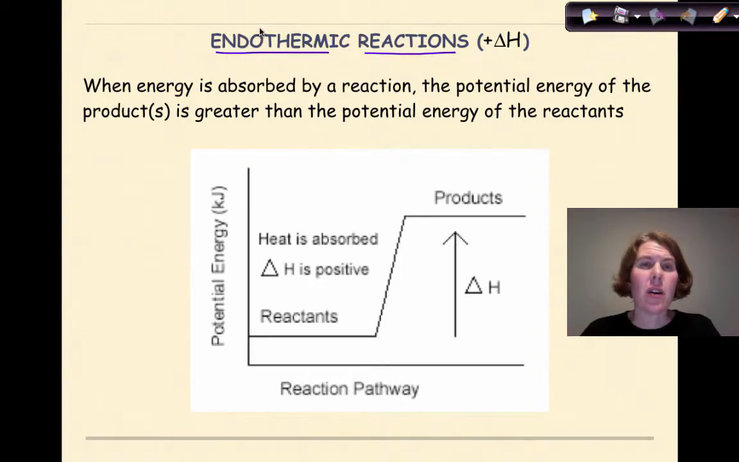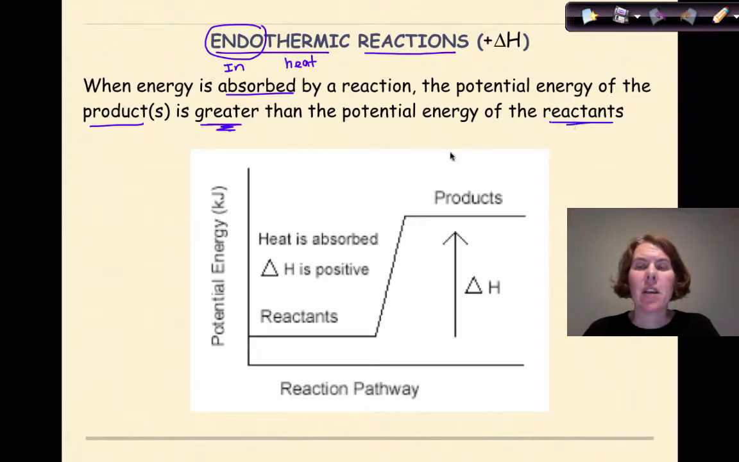Now, endo here can be thought of as in. So in. And thermic basically refers to heat. So an endothermic reaction is a reaction where heat is absorbed. So when energy is absorbed by a reaction, the potential energy of the products is greater than the potential energy